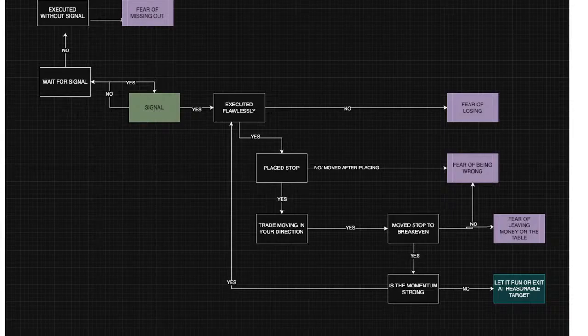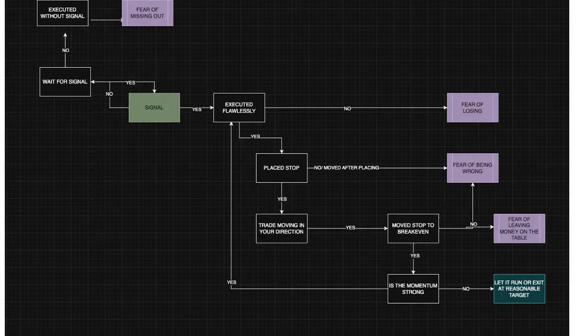Make these rules a must. And if the trade is moving in your direction, you need to look: has the trade moved sufficiently towards my direction that I can move my stop to break even? And if I can, I want to make that trade risk free, and that is what you would want to do. You want to move your stop loss to break even, and once you have moved your stop loss to break even, or if you sense there's a bigger momentum, a quick momentum, you would have to see